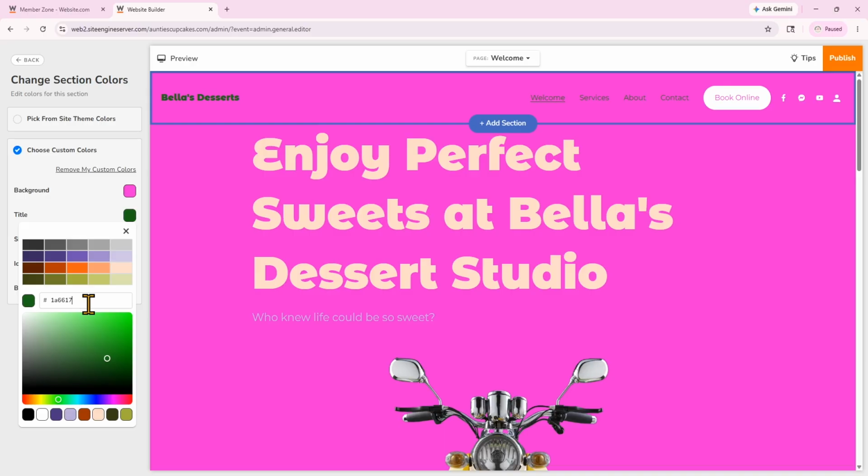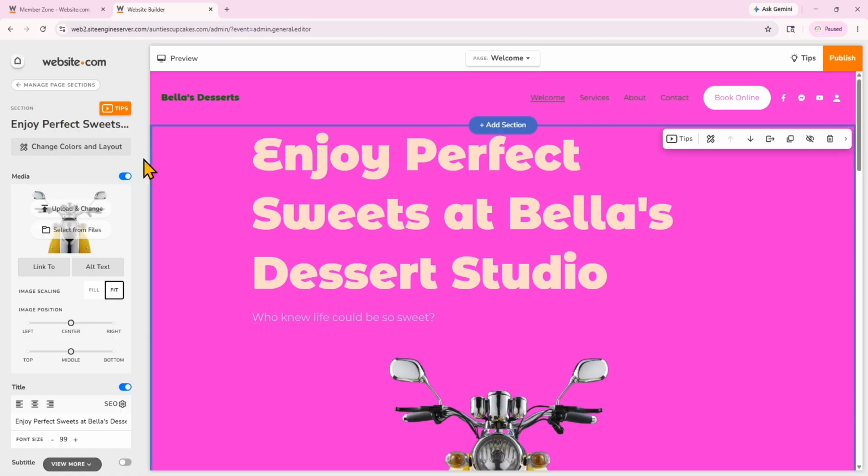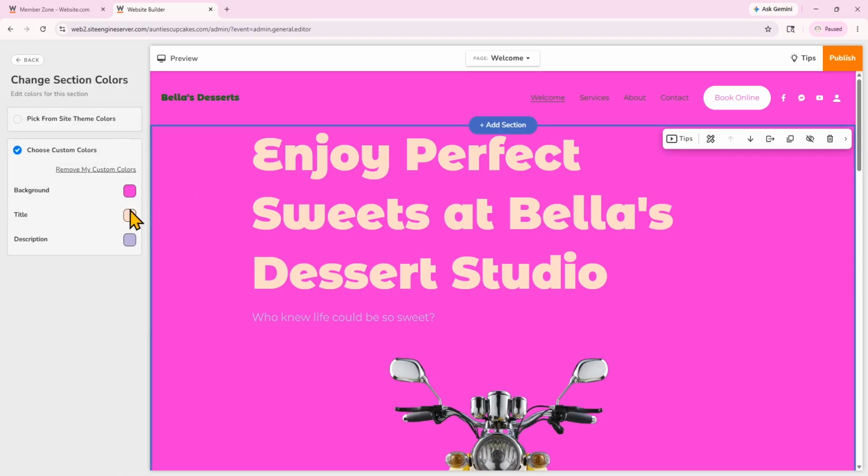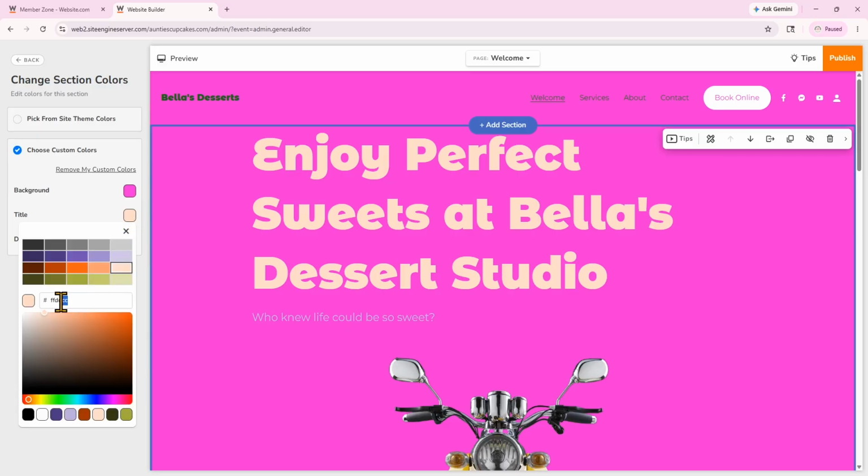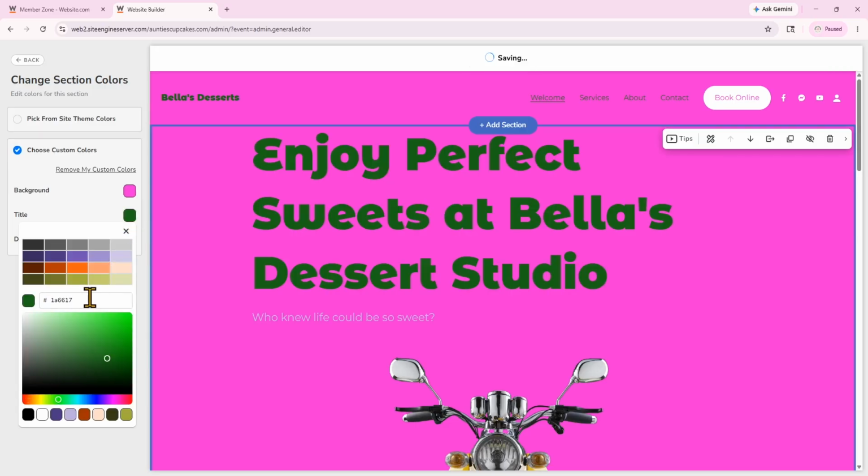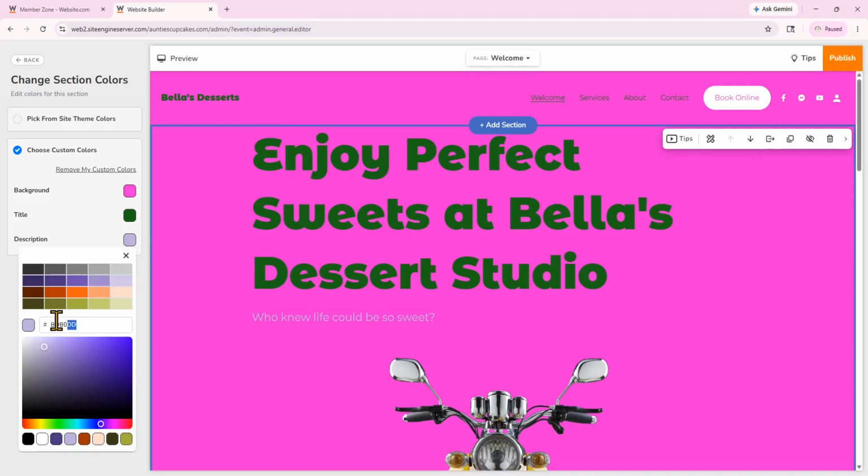So you'll notice that I'm trying to make this maximalist design not too overwhelming by using bright colors, but keeping the colors consistent across different elements. So let's go back and click here on this section and see how it looks. So note that when you do these custom color settings, it will override the color palette if you choose to apply a color palette across your website under Site Design, like I showed you earlier.